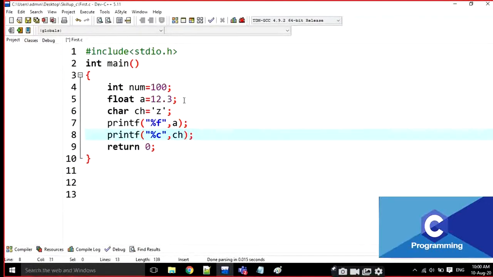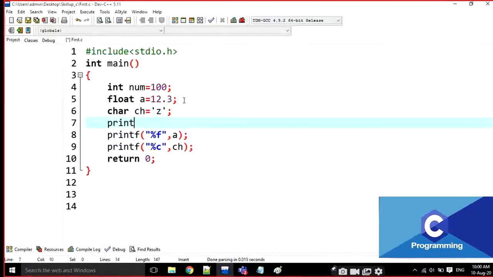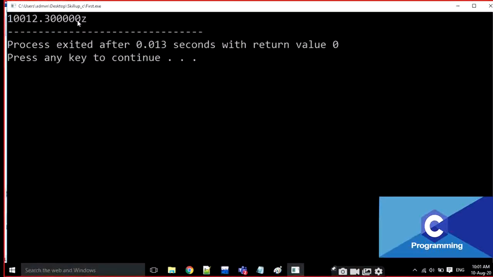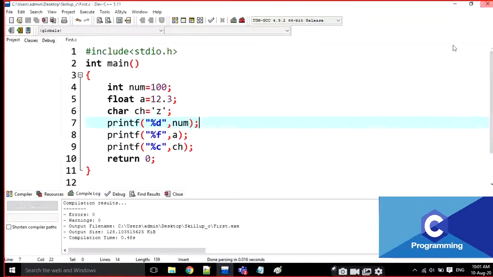I am going to write the integer also: printf percentage d comma num. Now I am going to execute it. What is the value inside ch? Ch is small z. It is going to print the z value, the integer value and the floating value and the character value, but there is no space here and nothing else.